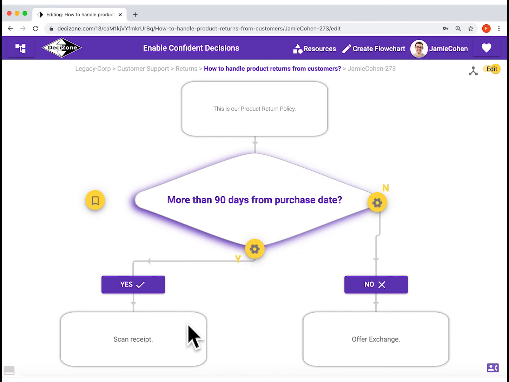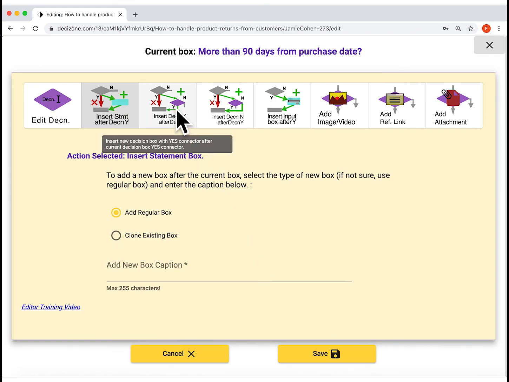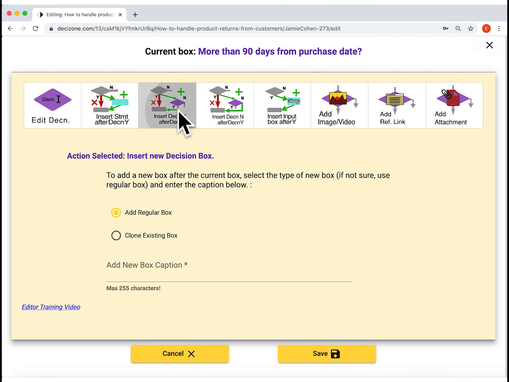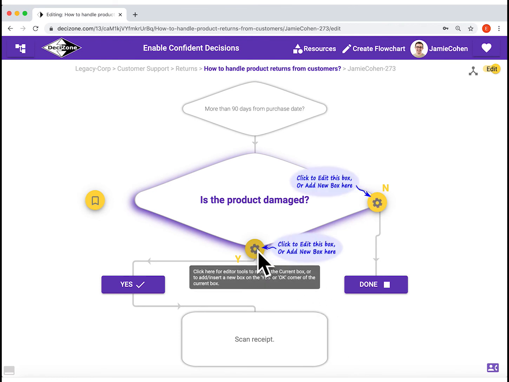Let's go ahead and insert a new decision box right here between the yes corner of this decision box and the statement box. You need to pick the right tool for this from the editing menu. Note that the diagram reminds you what is going to be inserted and how the new green connections are going to be created. You just give the caption for that box and click Save to insert this box between the two existing boxes.